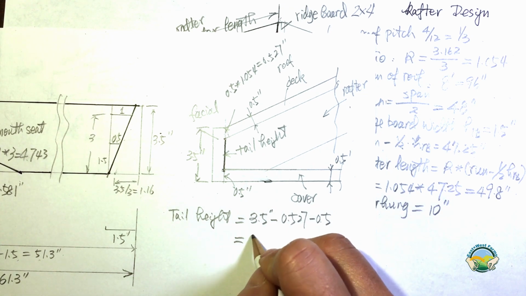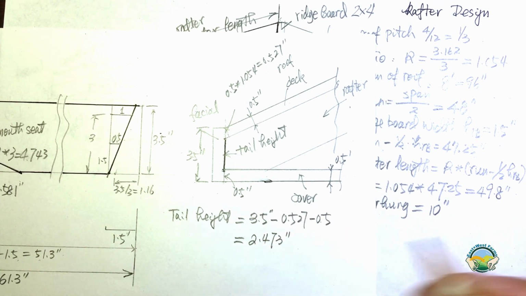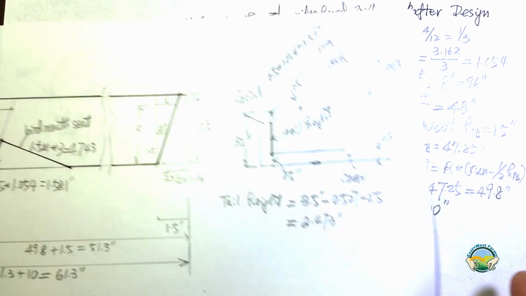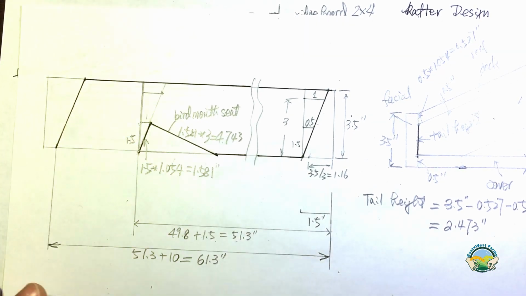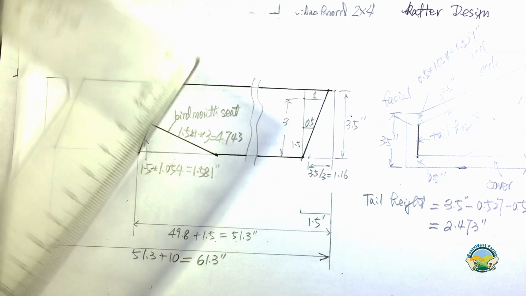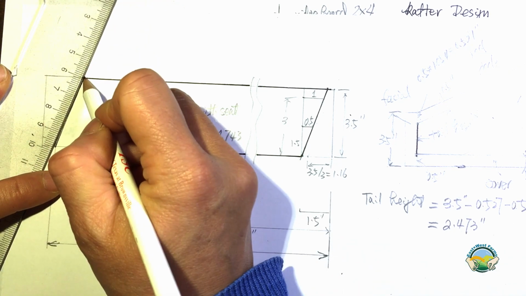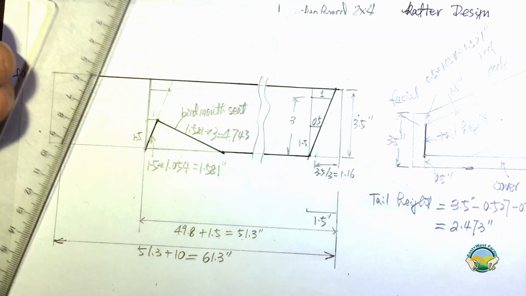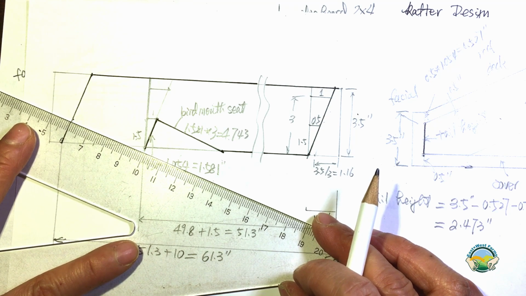So that gave me 2.473 inches. So once I have that dimension, all I need is to come over here, and that's almost 2.5, a little bit short of 2.5, and I make a perpendicular line